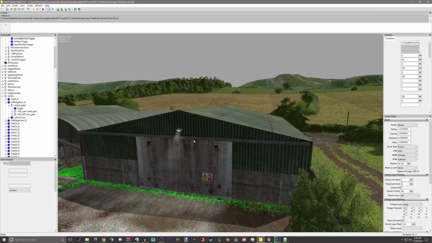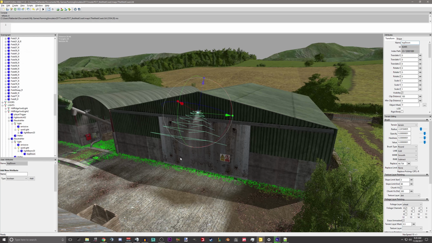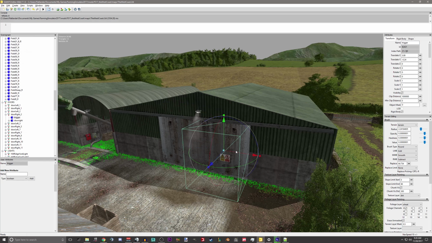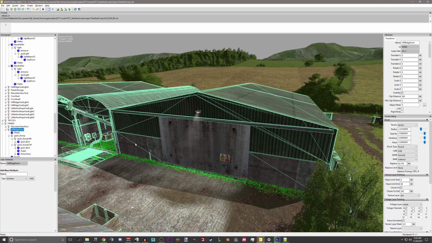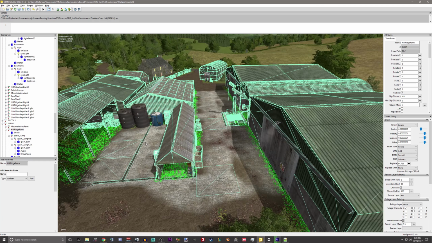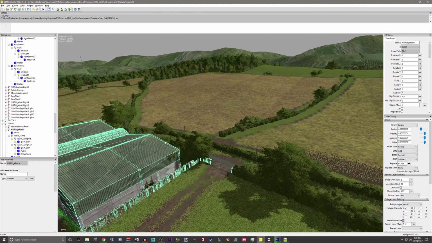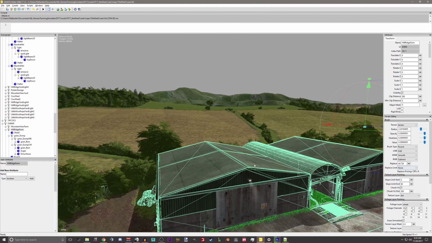Unless these are, let's see, let's just click over here. Are these doors, not the light, are the doors under Hillcrest? Yeah, so the doors look like they are under a separate transform group as well. So we did not import any doors when we imported this into our map. And that's another thing you need to pay attention to. You always need to pay attention to what you imported and exported.